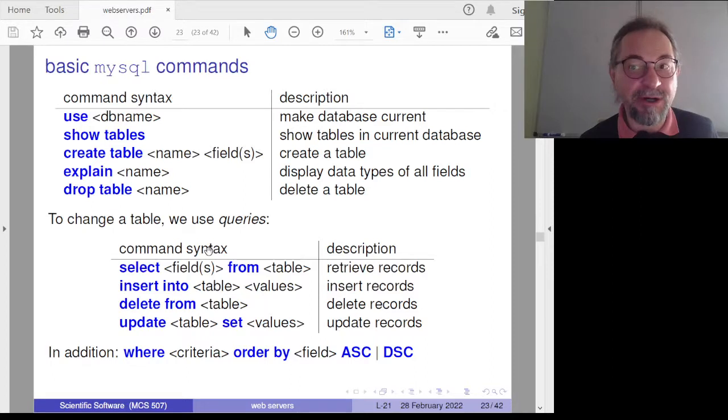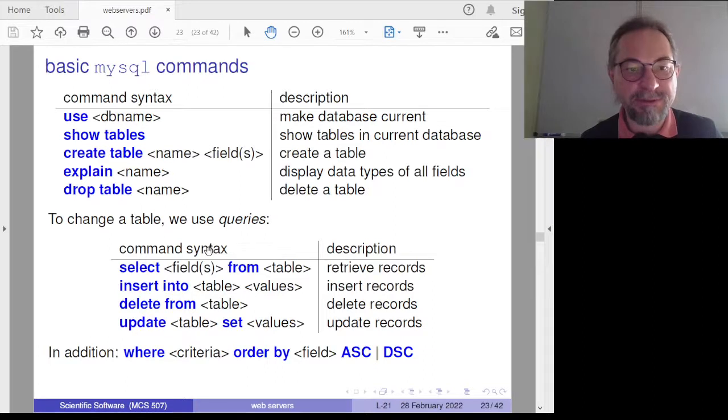But essentially, we are learning another language, which is quite general. And you do not really need to learn much. There is this structured query language in which you formulate queries to retrieve records, insert records, delete records, and update records. So the command syntax is